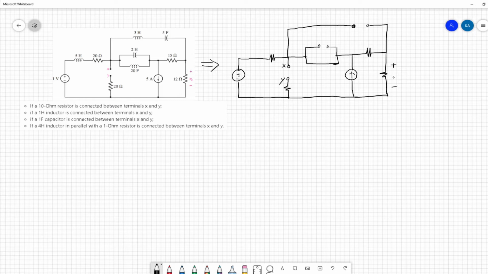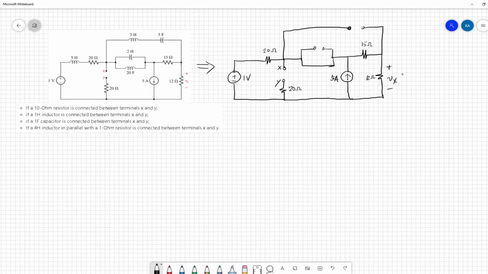So this is Vx, 12 ohms, 15 ohms, 5 amperes, 20 ohms, 30 ohms, and then 1 volt. So furthermore, we can simplify the circuit by using source transformation here. So using source transformation,